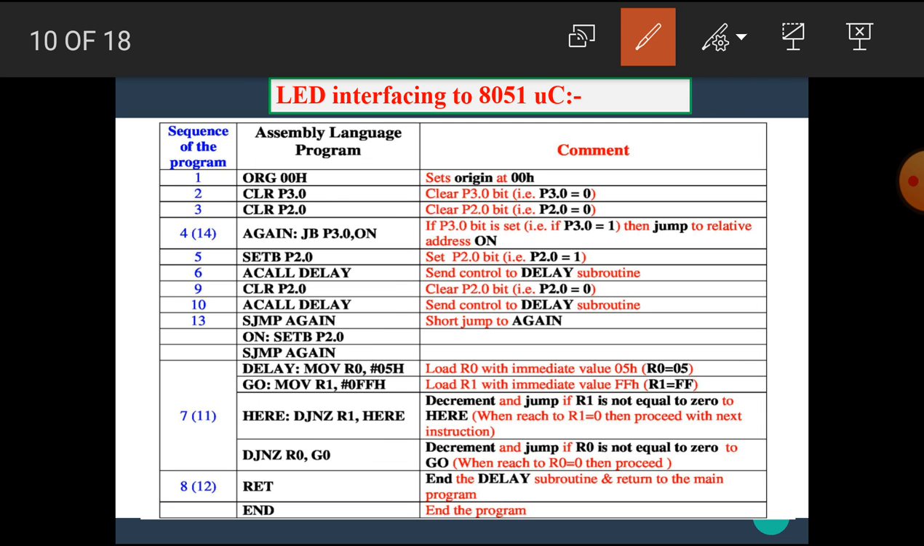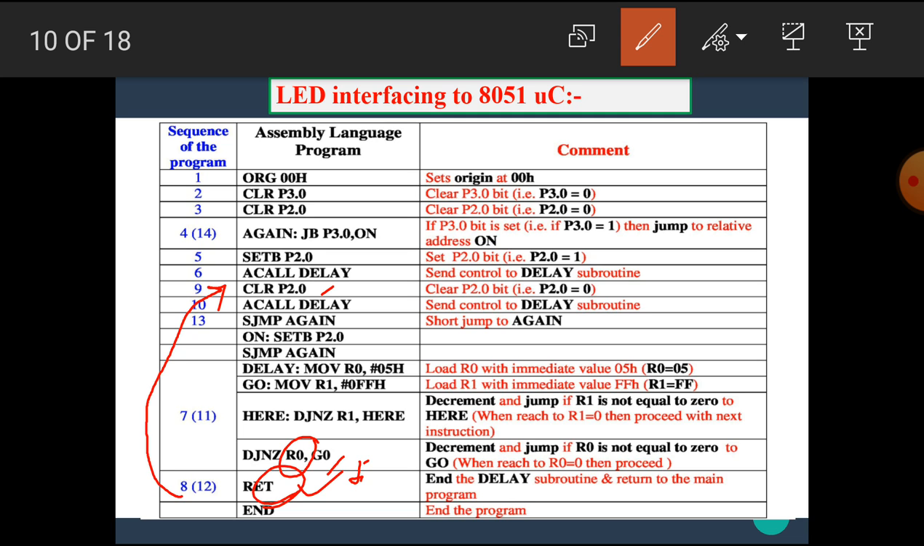That means decrement and jump to go up to R0 is not equal to 0. When R0 equals 0, then go to the next instruction. The next instruction is return. When this return instruction is executed, then continue with the main program, and the main program is at this point